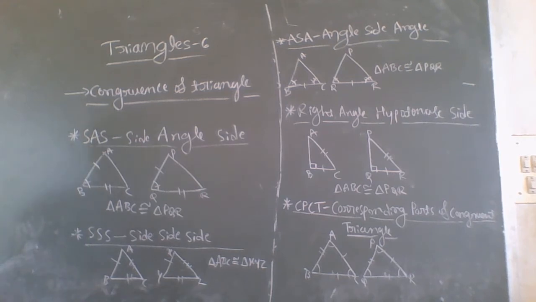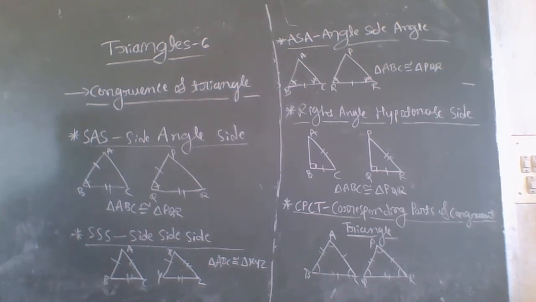Therefore these two triangles, triangle ABC is congruent to triangle PQR by SAS, means side angle side. Therefore, these two triangles are congruent. Like this only, next one,